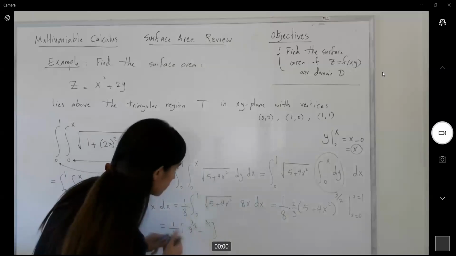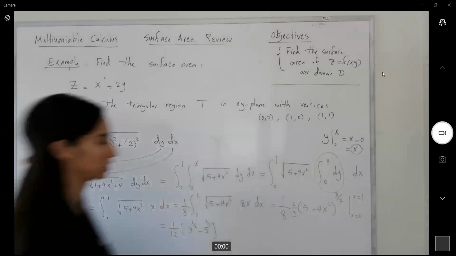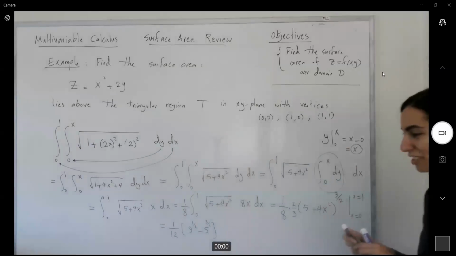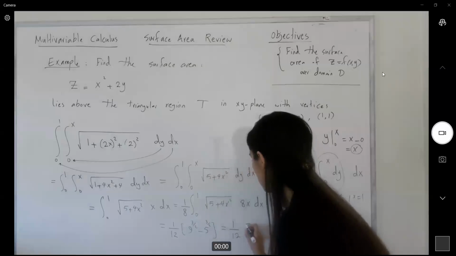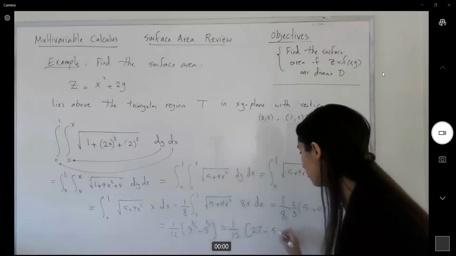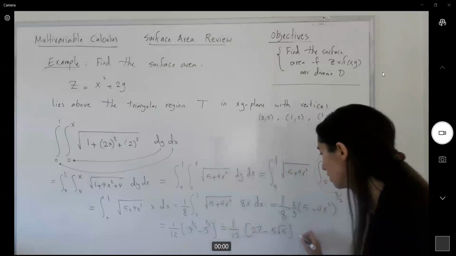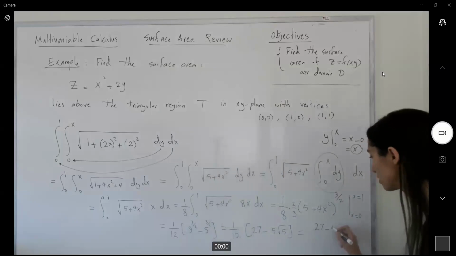Sorry, this is 5. Let me fix that for you. Okay, so if I plug in 0 here again, 5 inside parentheses. So here we have 1 over 12 times 27 minus 5 square root of 5, which can be written as 27 minus 5 square root of 5 divided by